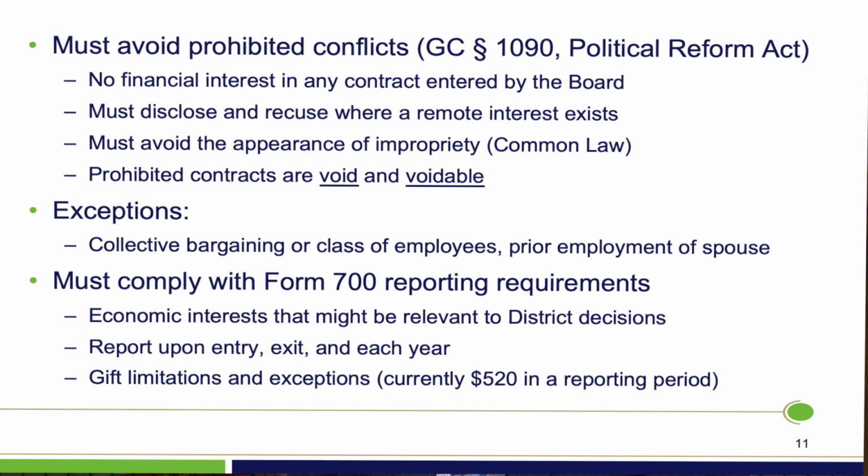And our final slide is an important topic of boardsmanship, and that is the conflict of interest laws. Now, they're codified in your board bylaws, and it tells you what a conflict of interest is and what must be avoided, and perhaps most importantly, tells you how and when to file your Form 700, which is your Declaration of Economic Interest. So, conflict of interest law comes from three different places generally, and the first is Government Code